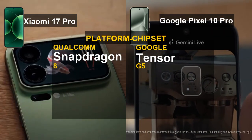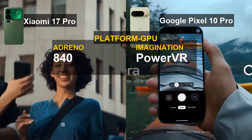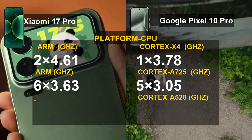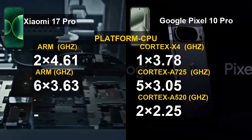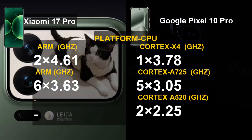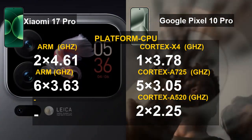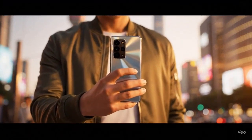Under the hood, the Xiaomi 17 Pro packs the latest Qualcomm Snapdragon 8 Elite Gen 5 chipset, built on a 3nm process, delivering blazing CPU speeds up to 4.61 GHz and an Adreno 840 GPU for the ultimate gaming and multitasking performance. Meanwhile, the Pixel 10 Pro runs on Google's own Tensor G5, also 3nm, but with a different CPU architecture focusing on AI and efficiency. Xiaomi's chipset gives it a clear edge in raw power and graphics, making it the pick for those who crave